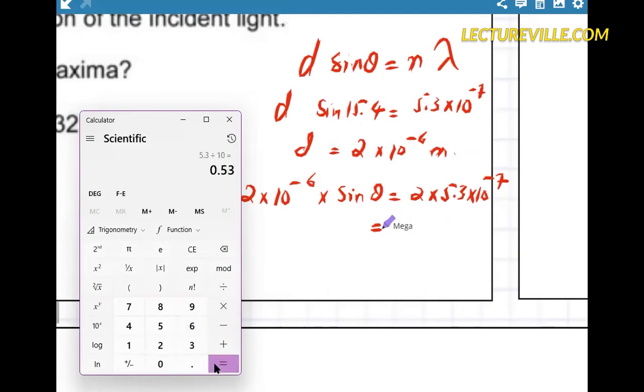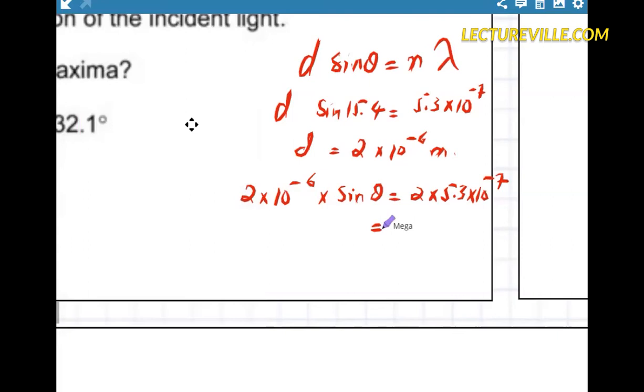Divided by 10, and then inverse sine, it is 32 degrees. 32 degrees. But the answer will be 32 minus